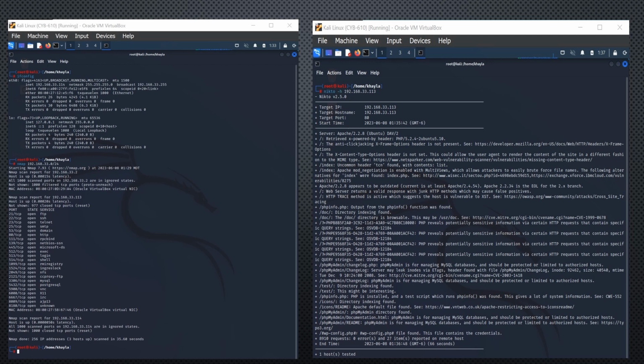So still in the beginning stage of this penetration test, I'm gathering some information as far as what IP address is running on Kali, and we see that it's running on the same subnet as Metasploitable 2. From the previous slide, we saw that Metasploitable has the IP address of 192.168.33.113, and Kali has the IP address of 192.168.33.114. So we see that they're on the same subnet, they can communicate, and once we conduct vulnerability scans, they